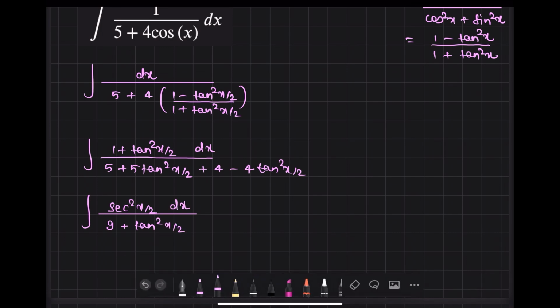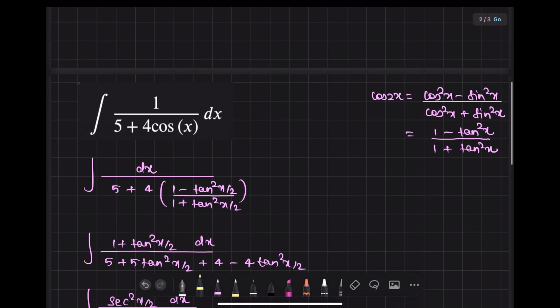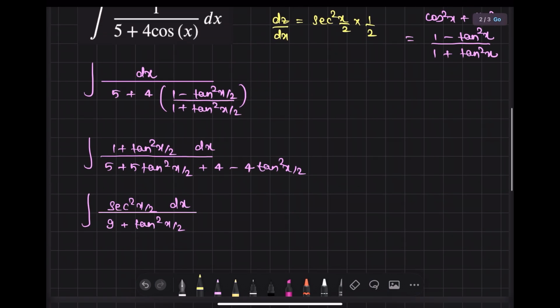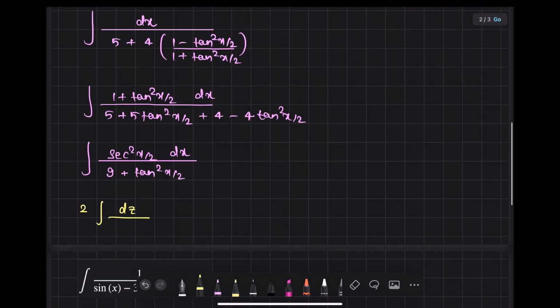Now what we have to do, we will take z as tan x by 2. So dz by dx will become sec square x by 2 with differentiation of x by 2 as 1 by 2. Okay, so we can write this thing as sec square x by 2 dx will become 2 times dz. So it is 2 times integration of dz by 3 square plus z square. Okay,